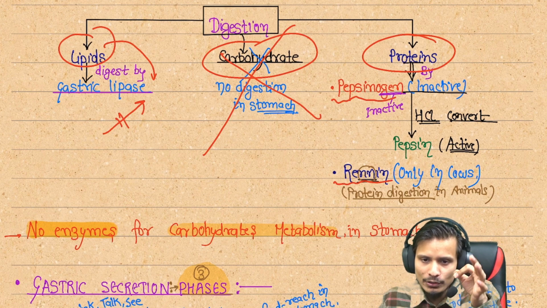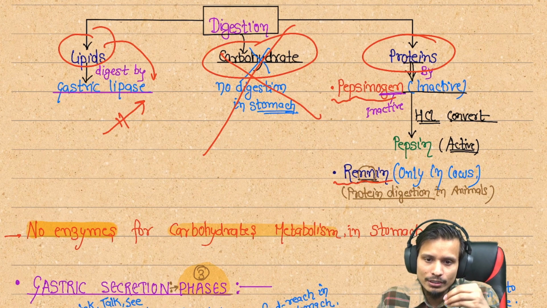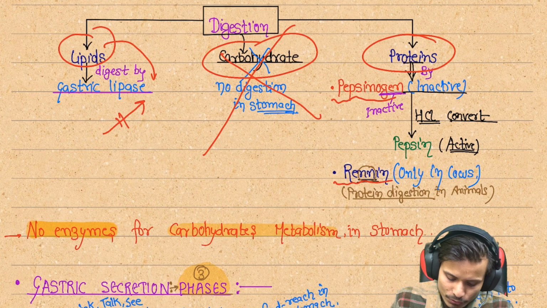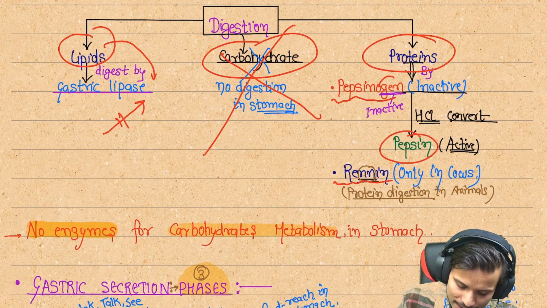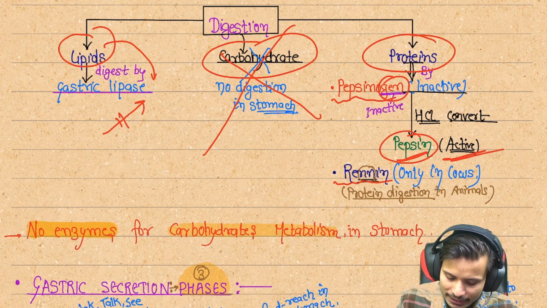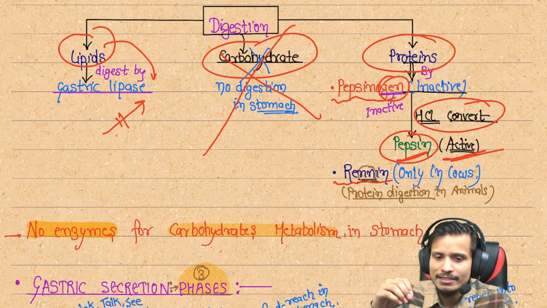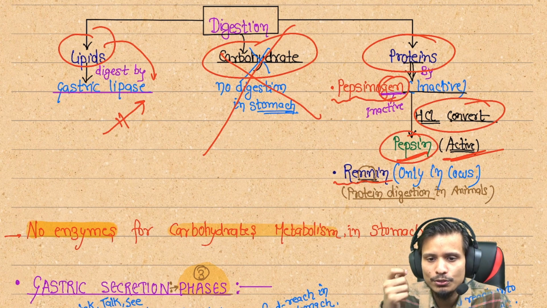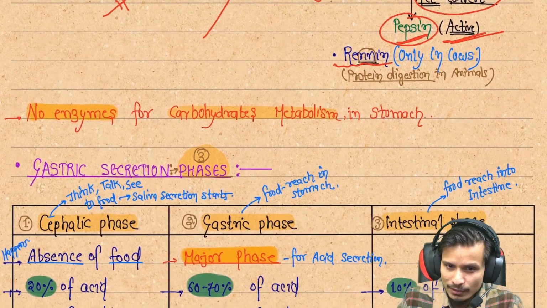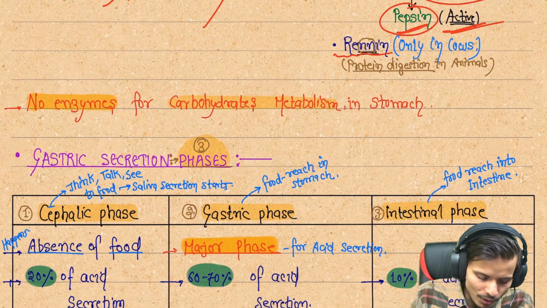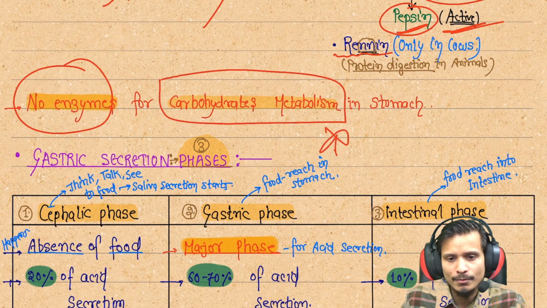This is secreted by your stomach, but it is not activated in the stomach. This inactive form is converted into the active form, pepsin, by the HCl. The HCl secreted by our GIT system is going to convert this inactive form into the active form. Is there any enzyme for the digestion of carbohydrate in the gastric juice? No, there is no enzyme for the digestion of carbohydrates in our stomach, nothing.